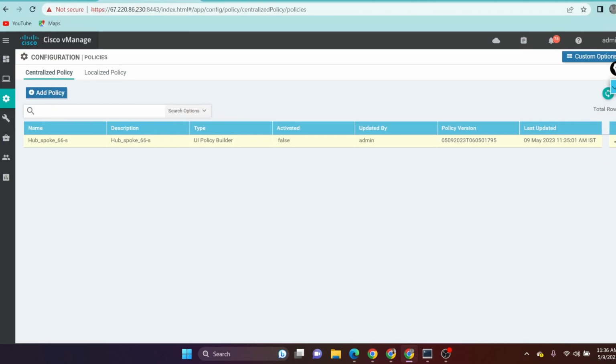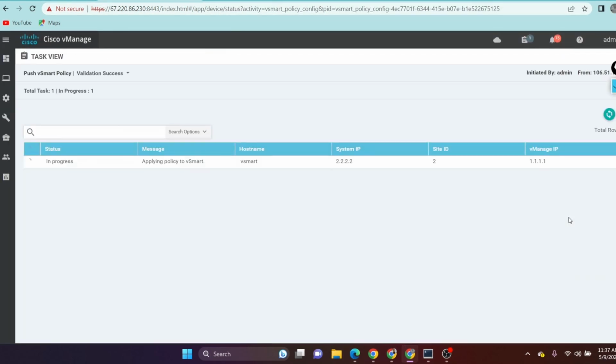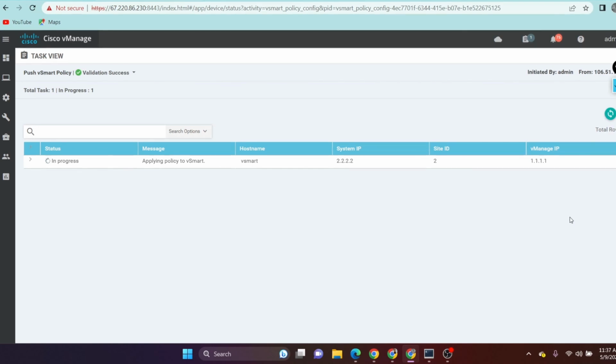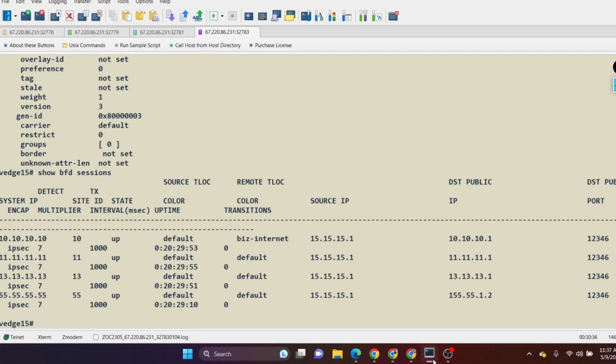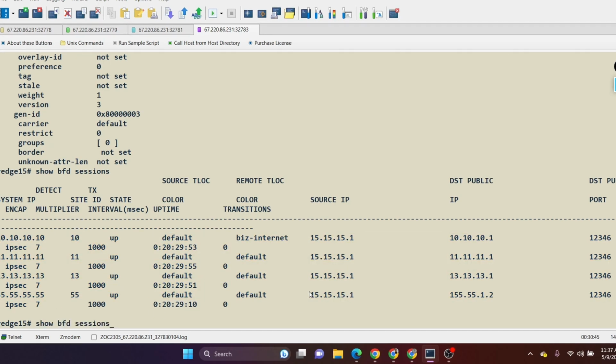Now I will activate this policy. I'm activating this policy on vSmart, and then we will see how it activates and what changes it makes to the topology. Okay, it's a success. We'll go back to our devices and go to spoke 15. You see that it had four BFD sessions, which means a tunnel to everybody, but now